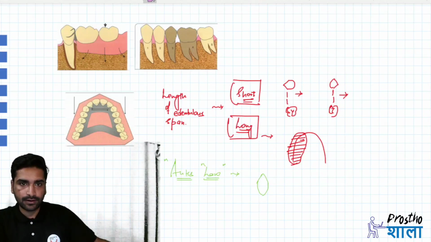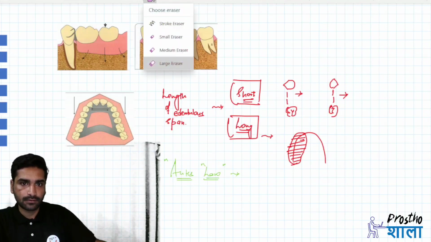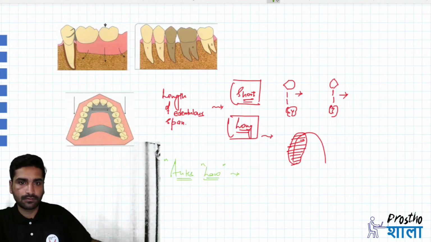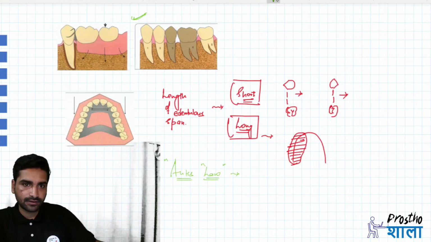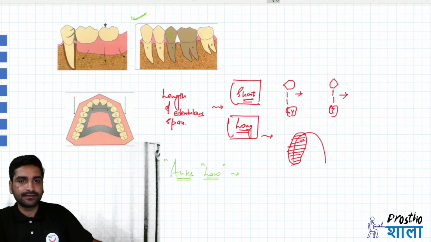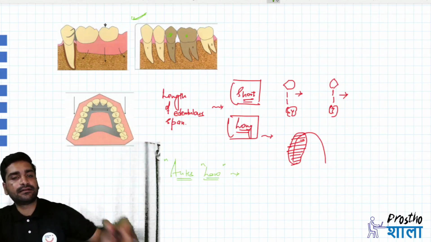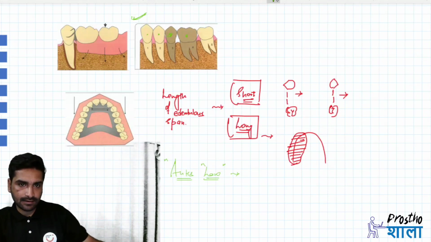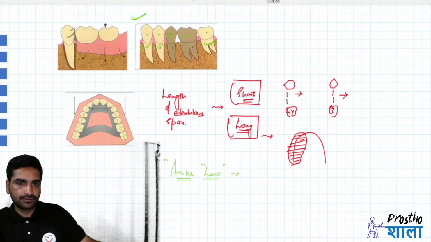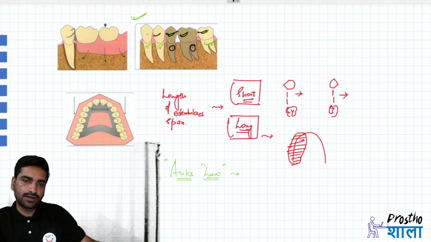So suppose in this image over here, if you see the second one where I've put a green tick, the highlighted ones are the missing teeth, okay, and the bright ones are the natural teeth. So the total pericemental area of your abutment teeth, that is number 1, 2 and 5, should be more than your number 3 and 4, because you are replacing 2 teeth with the support of 3 teeth, that is still